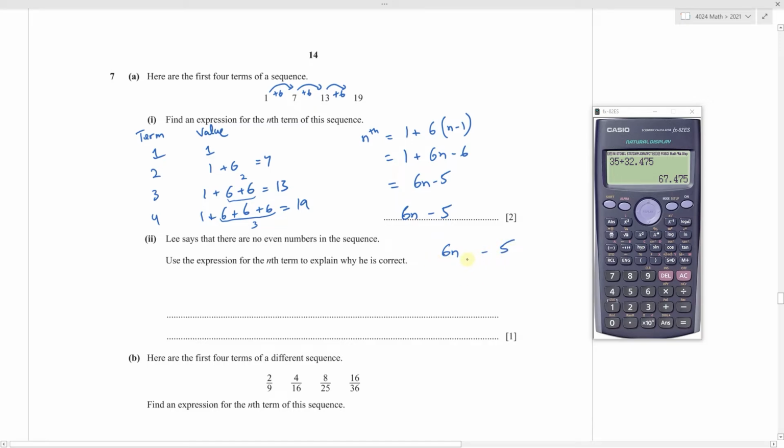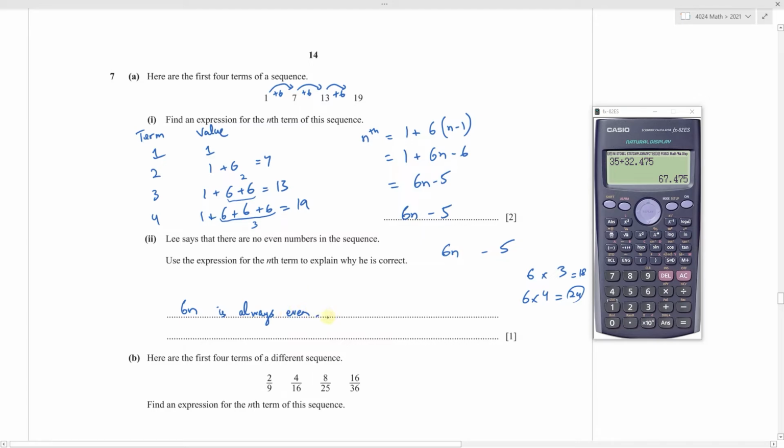So if you look at this expression, 6 times n, 6n is always even. No matter if you multiply 6 by an odd number like 3, you will get an even number. Or if you multiply it with an even number like 4, the product is an even number. So 6 times n is always even,